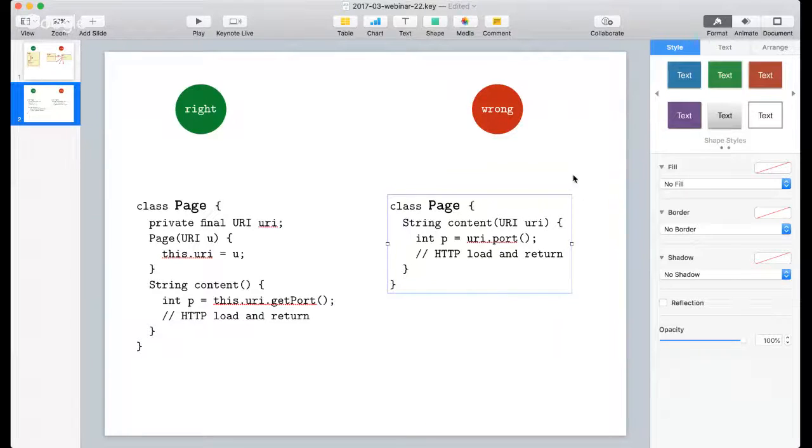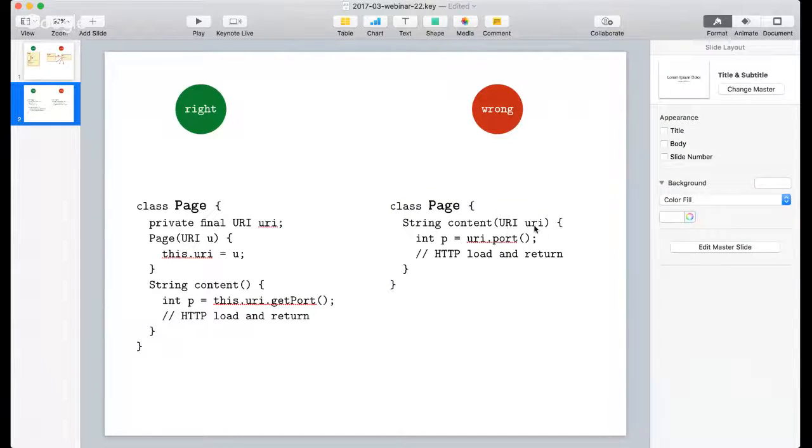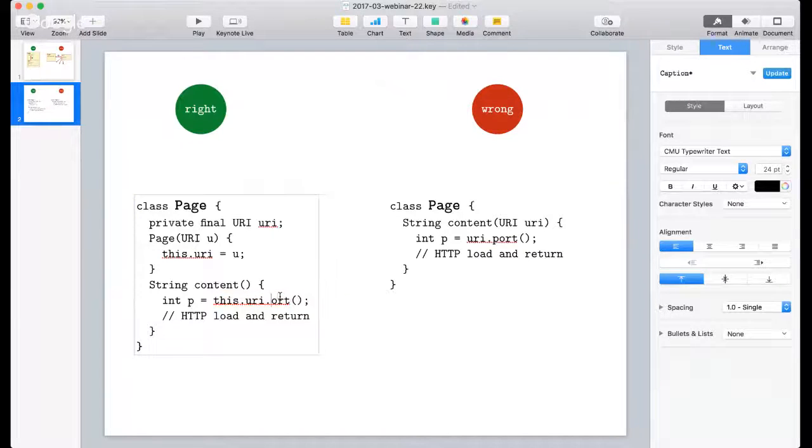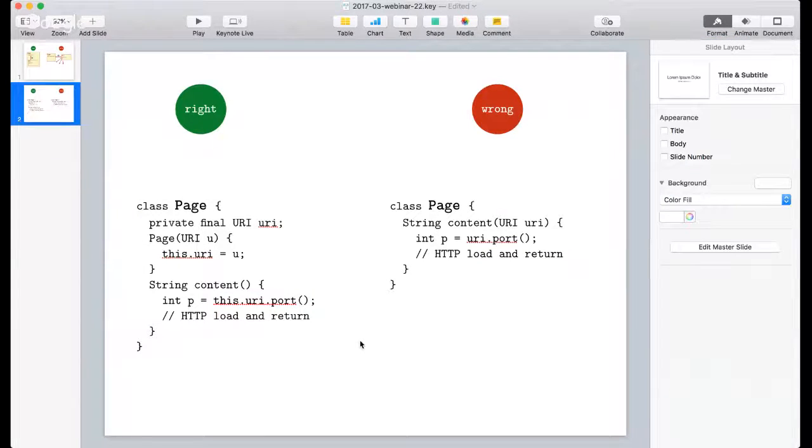But this is wrong, because in this case, like I said before, anybody can do the same, anyone. And it's not good for the URI, it's not good for its design. It means that it exposes too much. It makes the data naked. It makes the data too available to so many clients, which will eventually cause problems for maintainability. You will eventually lose control of how many clients you have. In this case, when it's encapsulated, and then we get the port, and then we access that port, it's safer.